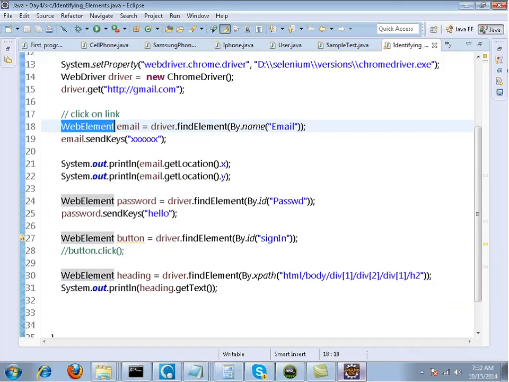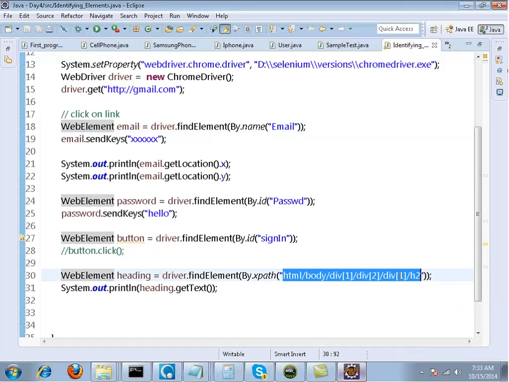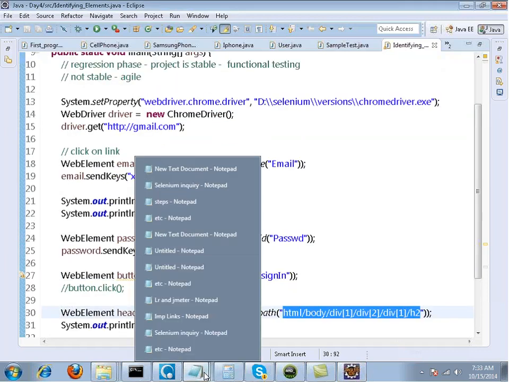And we saw XPath as well. We saw when we use XPath: when name or ID is not present, then obviously we go for an XPath. And there, I was actually telling you